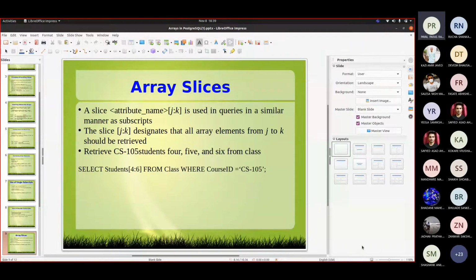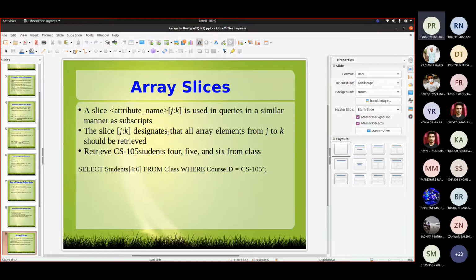Now you are having too many restrictions. You are talking about area, then you are talking about a month, then you are talking about a particular date, then you are talking about particular time too. So now you have multiple things added there. So you are talking about creating a slice. Now how that slice can be taken? A slice would be represented like this: square bracket j colon k, where j to k would be retrieved.